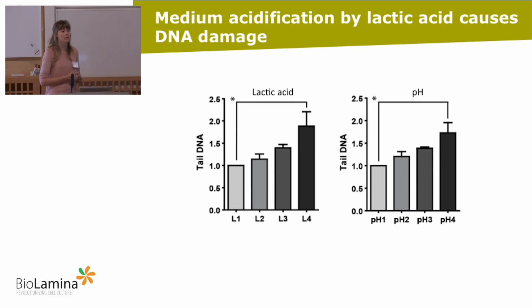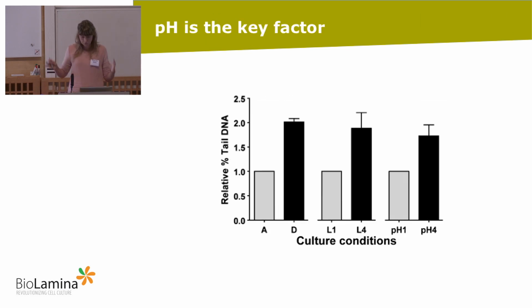So your take-home message for this part is that high-density culture of embryonic stem cells leads to medium acidification by the lactic acid accumulation, and that this is inducing DNA breaks, resulting in chromosome rearrangements in your cells. Now, of course, we were not happy to stay here, and we went to look for solutions for this, because what's the point of telling you there's a problem if you cannot offer an alternative?